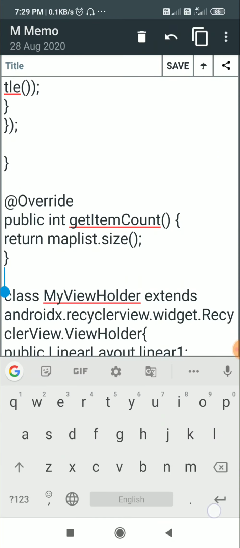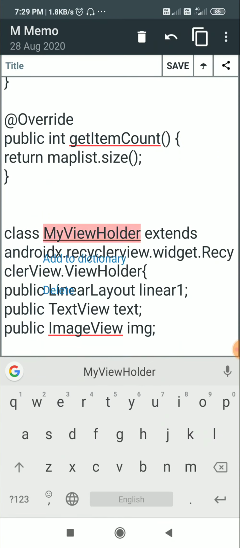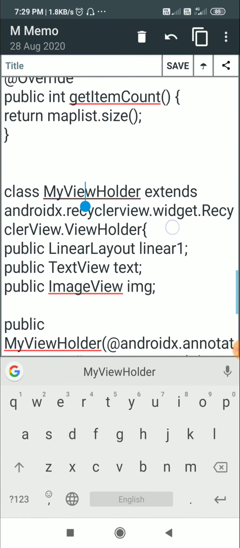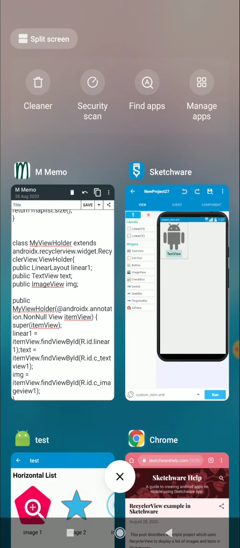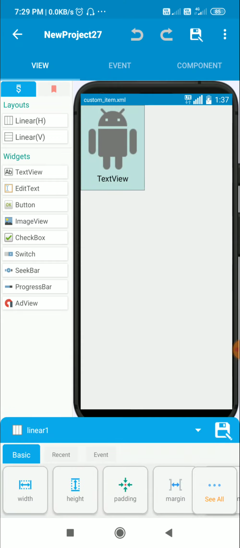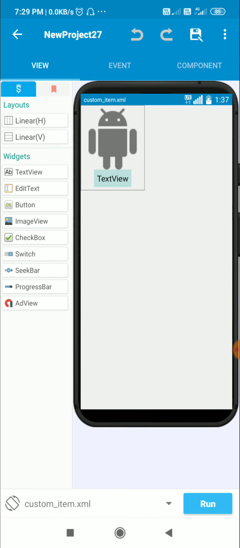Here I have defined a class called MyViewHolder, and in this class we have to define the items in the custom view. My custom view contains a linear layout, then an image view and a text view.